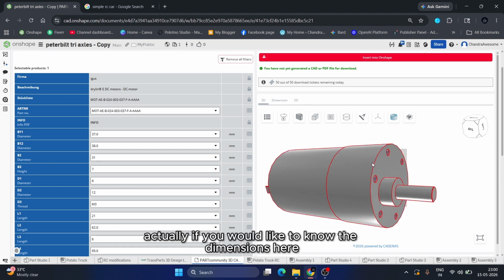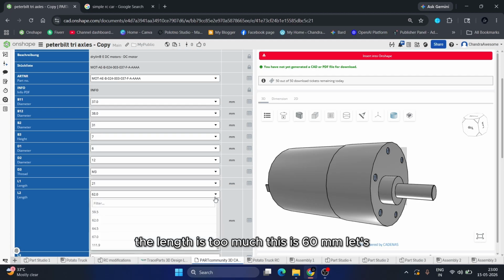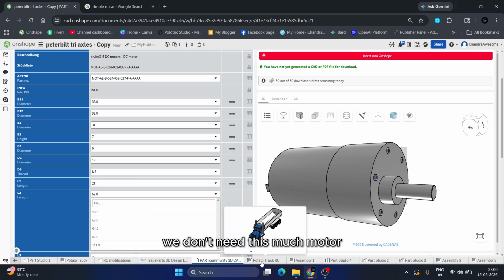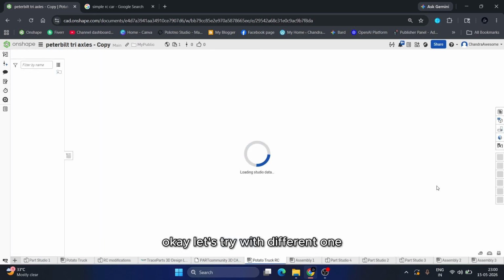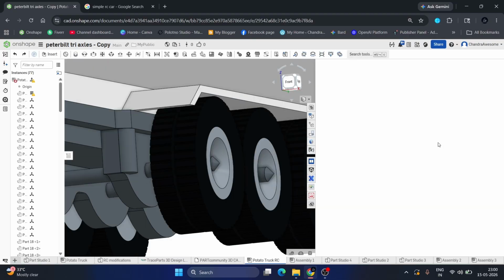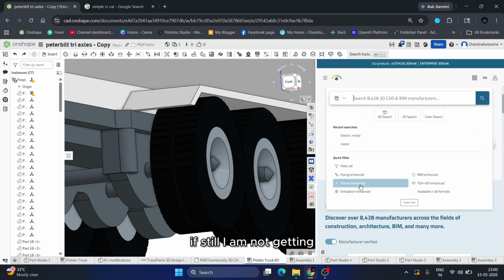Actually, if you'd like to know the dimensions here, this is the length. These are all in mm. Oh, the length is too much. This is 60 mm. This is the minimum value. We don't need this much for a motor. Okay, let's try with a different one. Let me find it here itself. If still I am not getting,